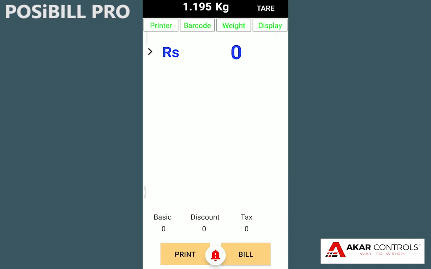The top row has 4 status indications, viz. printer, display, weight and barcode scanner. As per the selection, the respective text will be visible. The red color text indicates the device is not connected, orange is for while connecting, and green indicates the successful connection. In case any of the texts are displayed in red color, simply click on the status to reconnect the